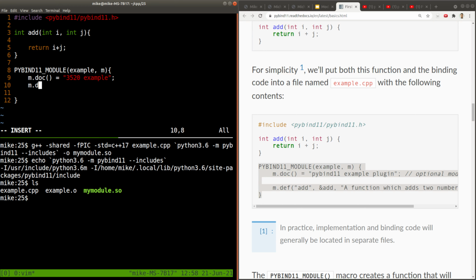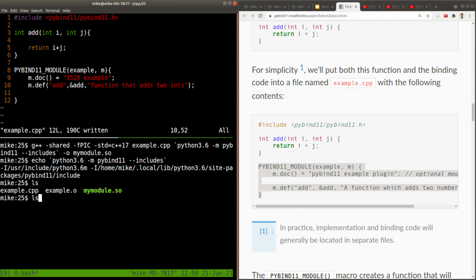So I would just do m.def. So it's part of this module here. And PyBind, inside of this library, is taking care of, from within this function call, it has its own sort of global, or perhaps it's a singleton object, if you learned about this pattern, way to add different functions to the module that we are creating, okay? So the name of it, just some string, and then the address of this function here, okay? And then any comment, function that adds two ints, okay? And then we just end it there, okay?